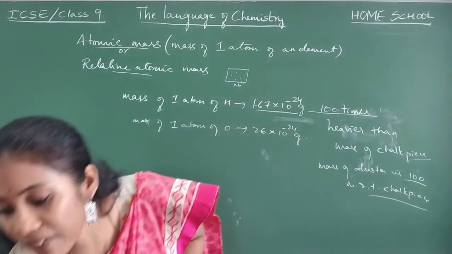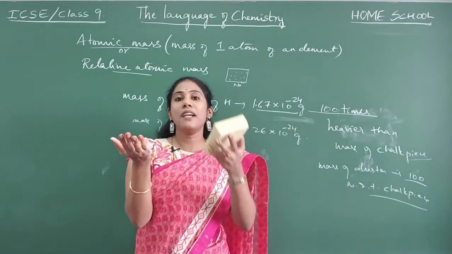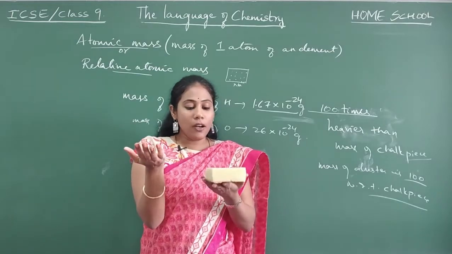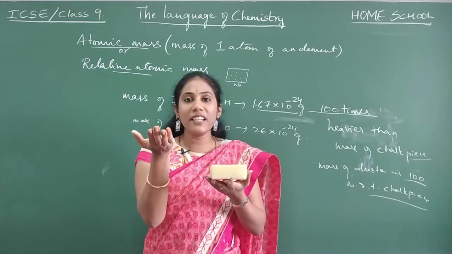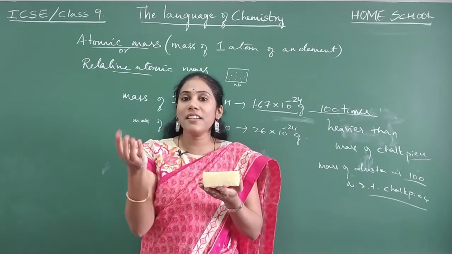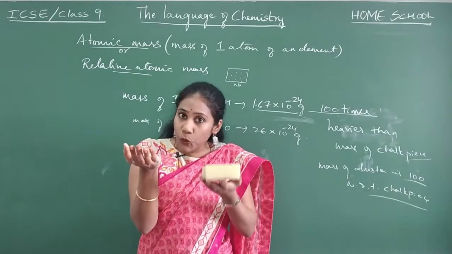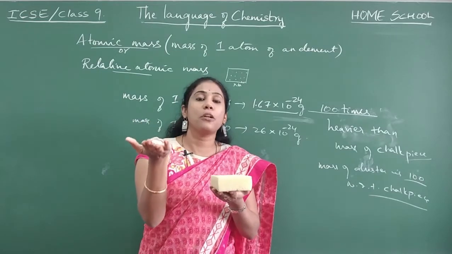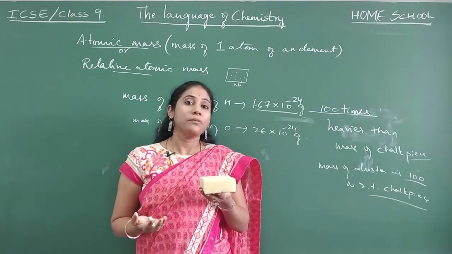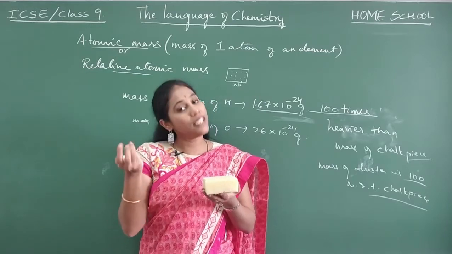So in a similar way, now I am taking this particular duster. I want to talk about the mass of this duster now. Then what I can say, this duster, I am feeling that it is just 2 times heavier than a chalk piece. So how do I talk about the mass of this duster now? The mass of this duster is 2 for me. 2 means what? It is 2 times heavier than the mass of a chalk piece. Clear, everybody? So all elements' atomic masses have been found like this only.